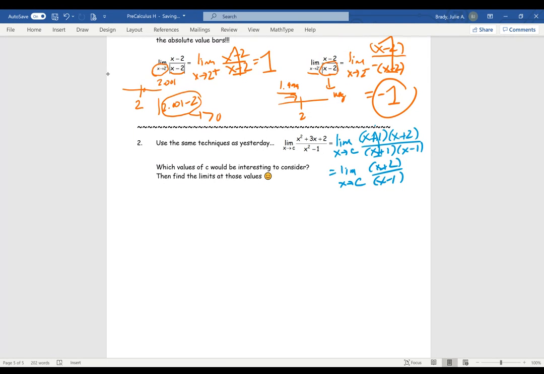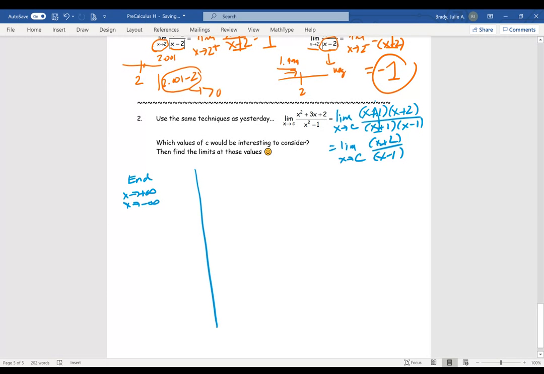Well, we can look at the end behaviors. And that would be x goes to plus infinity, or x goes to negative infinity. There's one choice, okay? And we also want to look at where the output of the function is not defined. So in this case, polynomials are defined everywhere. We just can't divide by 0. And so the places we want to look at are where